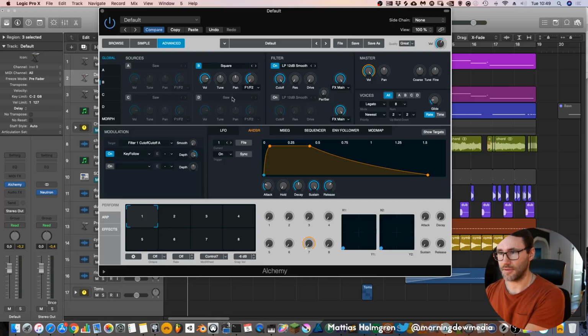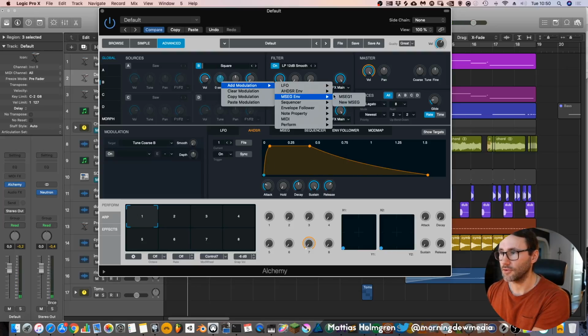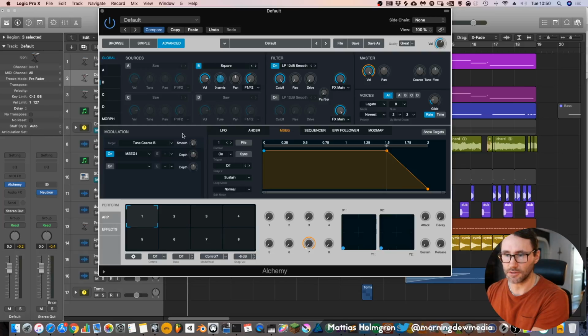Okay, so let's make something fun with this static sound. Maybe we can make some great pitch modulation and turn that into 12 semitones, so that we get an octave. And now we can adjust our M-segs like this.